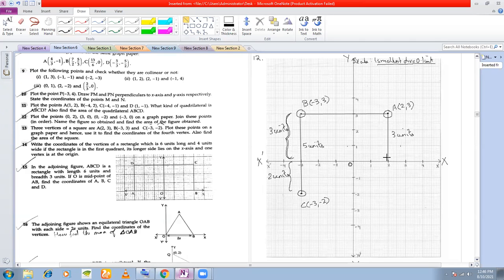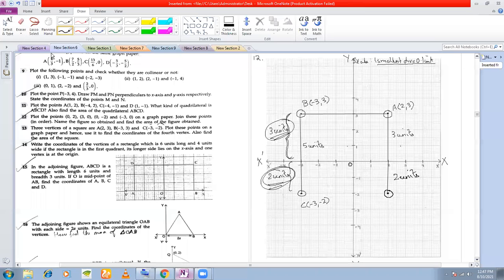And now from 2 you extend this line till this part, till 2 units, because this part was 2 units, right? So this part will also be 2 units. So this point that you are getting here is your fourth vertex. Is it clear? Or should I do it again? Sir, can you do it again? Okay. You understood this part? This is 3 units and this is 2 units. You understood this part, right?